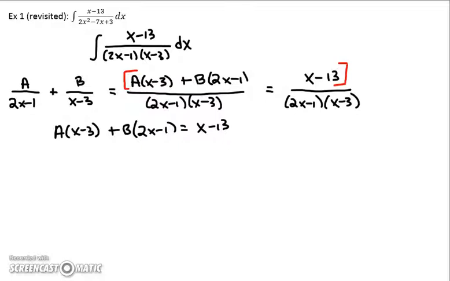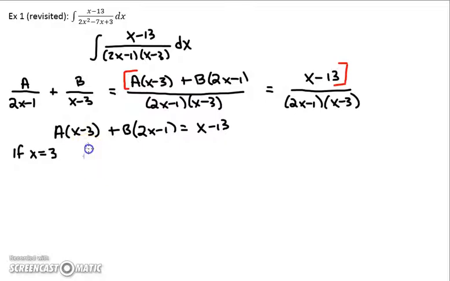So we need to figure out A and B, and here's the problem. We have A, we have B, we have X. We need to get rid of two of them. So the easiest way to get rid of two of those to solve for the third is just pick a value of X that's going to help us get rid of A or B. So if X equals 3,